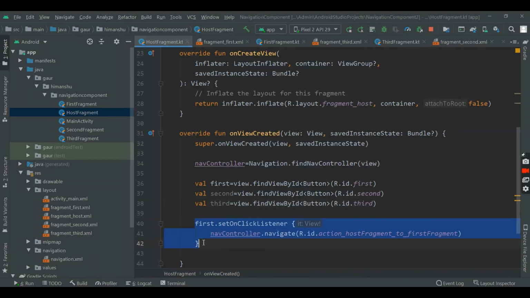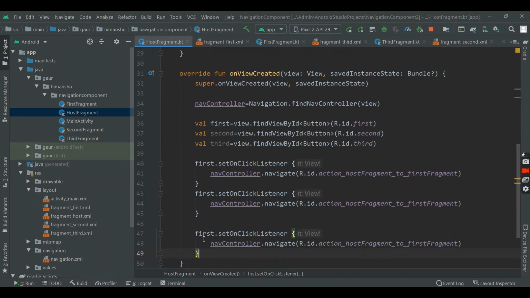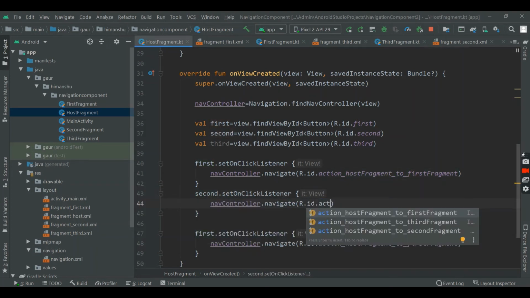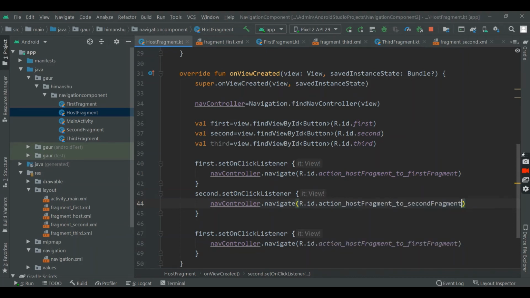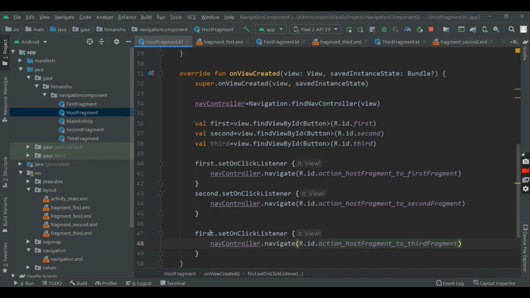So attach this, simply copy paste, and this is for second, so action host fragment to second fragment. Okay, now this is for third fragment, so action host fragment to third fragment, and this is not first, this is third actually, so sorry, third.